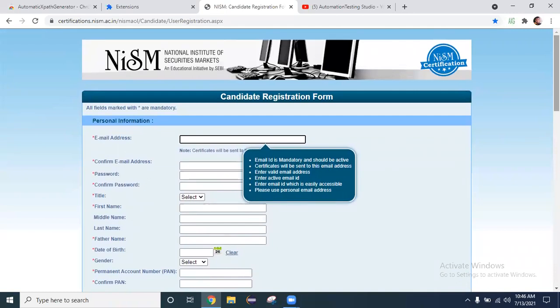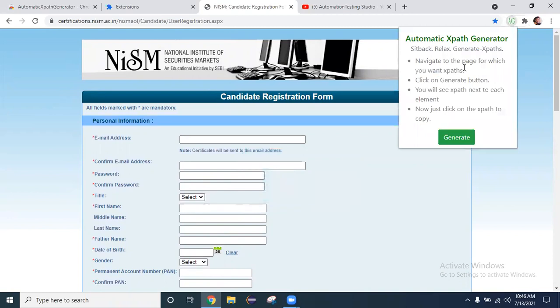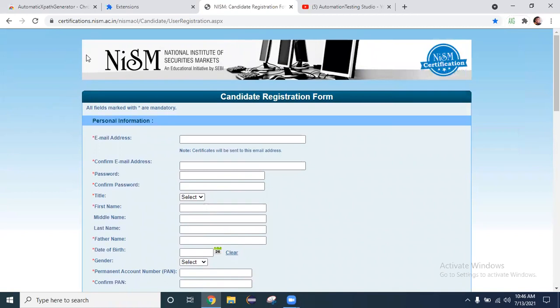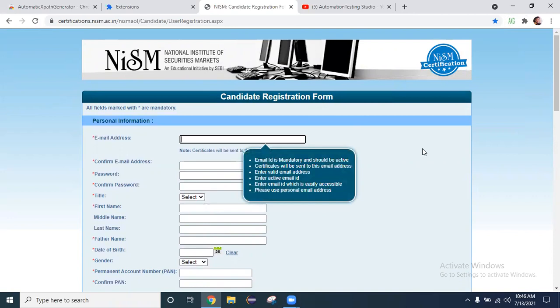So just you have to click on the Chrome extension, and if you see here, we just have to click on the generate button. Okay, once you do that, XPaths will be populated. So let us refresh this once.